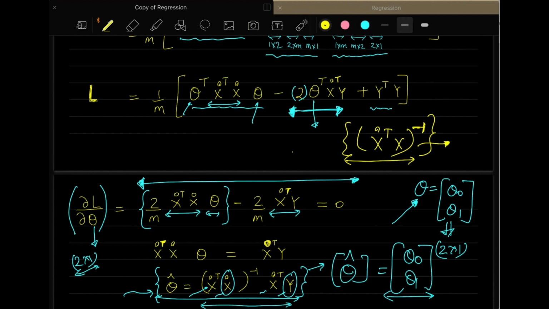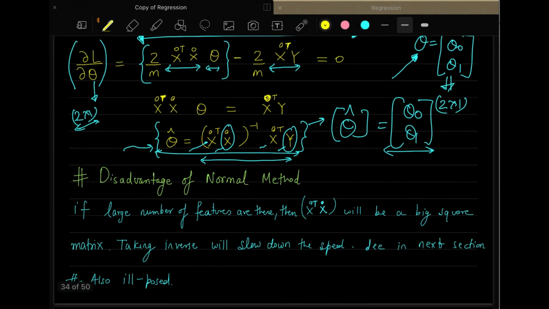So one thing that you observe is the dimension of this matrix first. The dimension of this matrix will be n cross n. You can check this yourself. And what is n? n is the number of features you are using. So if right now we are using 1 cross 1, then it's not a problem. But if you are using features of multiple values, like the features become large, let us say 1000 by 1000.